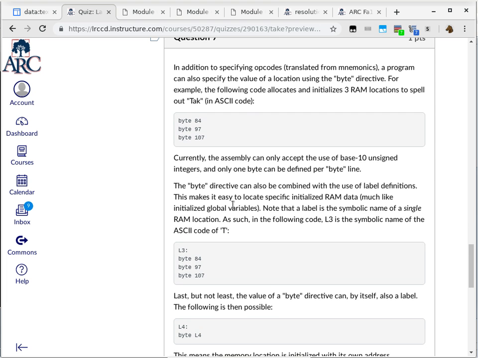Okay, so number 7 is kind of the same deal. I'm just going to read out the instructions here. In addition to specifying opcodes translated from mnemonics, so LD, LDI, ST, those are called mnemonics. Those are symbolic names of opcodes. A program can also specify the value of a location using the byte